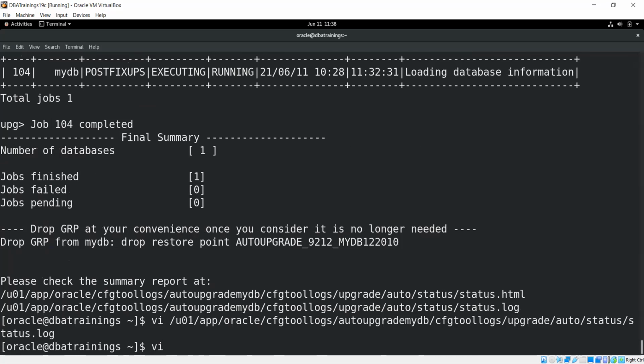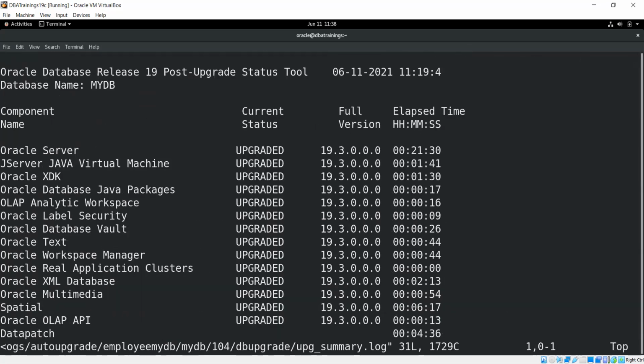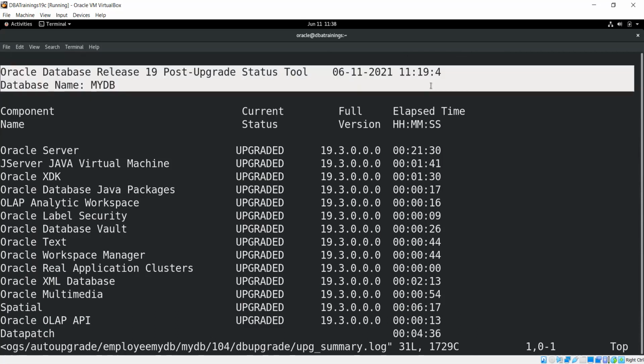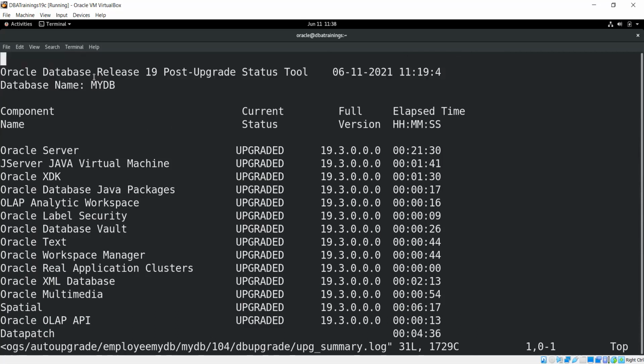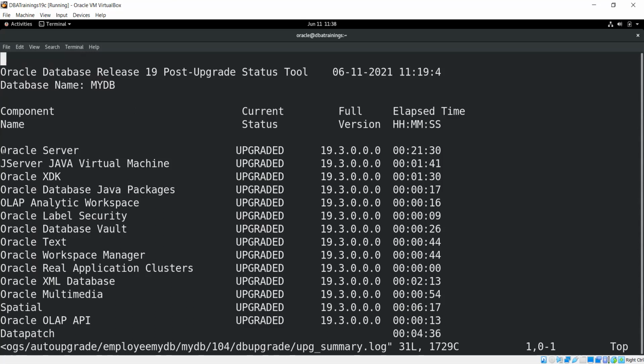Let me see this log. What are the components they have upgraded, that you can see here. So Oracle database release, which database they have upgraded, the MyDB, the component. They have upgraded almost all the components.